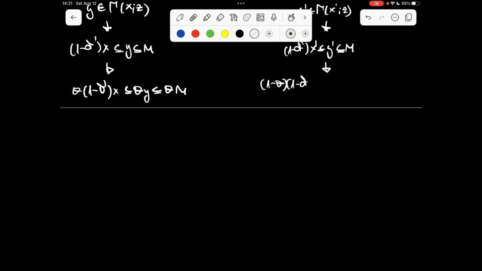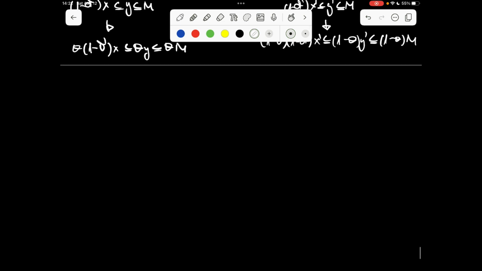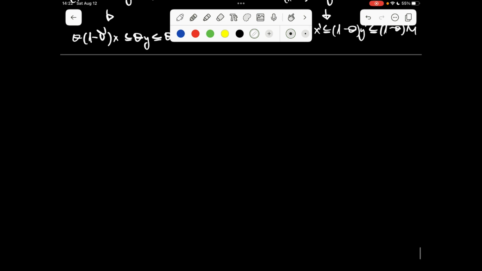We can go simultaneously, working with both inequalities in every step. And we can add up these two inequalities. By adding up, we receive